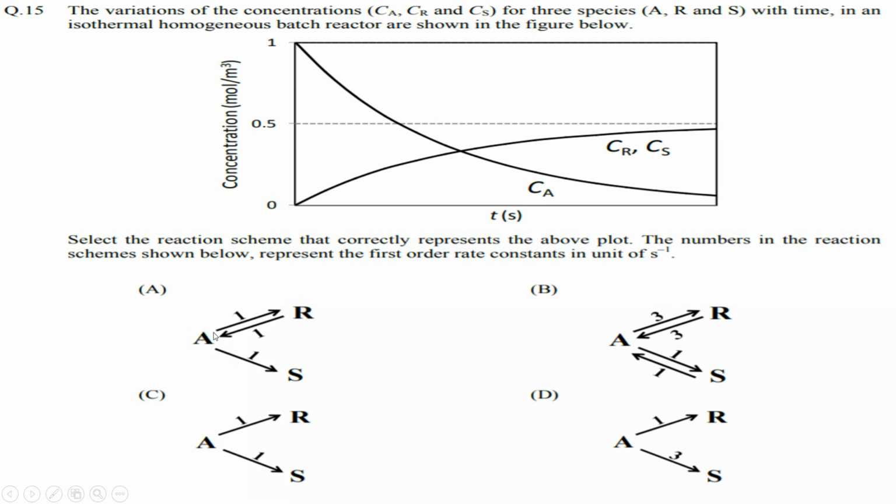but R will also make A again. So there is a reversible form. There can be an equilibrium concentration, and that will be the maximum concentration. But for an irreversible reaction, there can be a possibility of 100% conversion. So it can increase